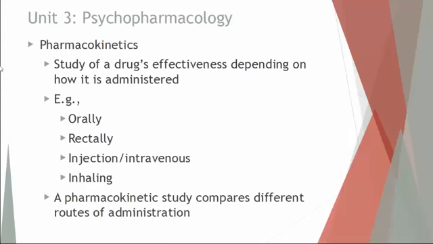Okay, in this unit, unit number 3, we will talk about psychopharmacology, basically pharmaceutical drugs and their effects on the mind. And the first topic we'll talk about is called pharmacokinetics. Kinetics means in motion, and of course pharma means in relation to pharmaceutical drugs. So these are all about how effective a drug is based on how it is administered to a patient. Not all drugs are going to be administered in the same way. Even the same drug may be given in 2 different methods based on a different person.